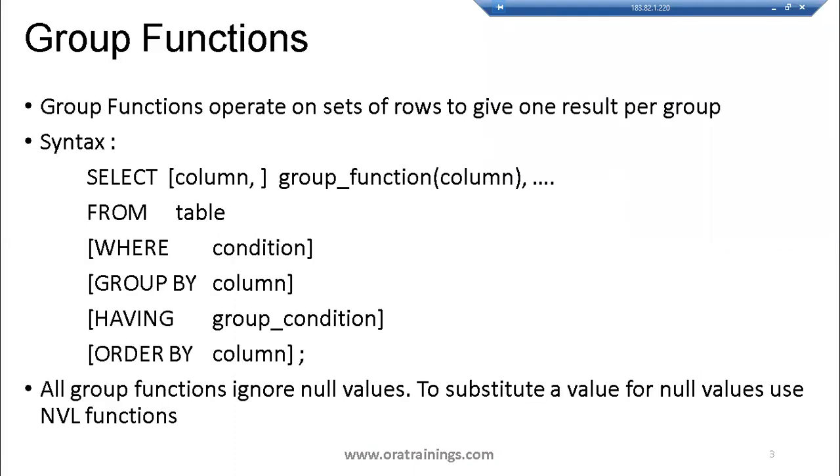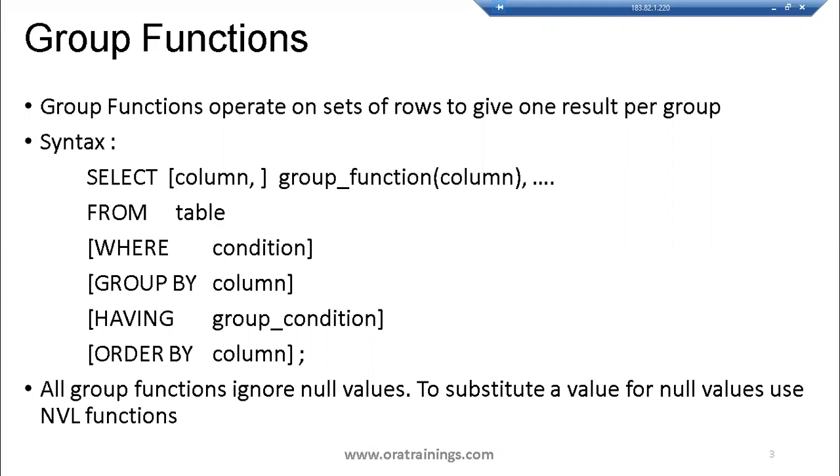So what are group functions and what does the group by syntax look like? If you observe the total syntax of a valid SQL query, select is the first clause which we generally write. After that, we write a from clause. Select and from clauses are mandatory whenever you write any valid SQL query. After that, we have the remaining clauses like where, group by, having, order by. These remaining four clauses are not mandatory, but we write them based on the requirement. One can exist without the other: you can write where without having group by, and you can write order by without having where.